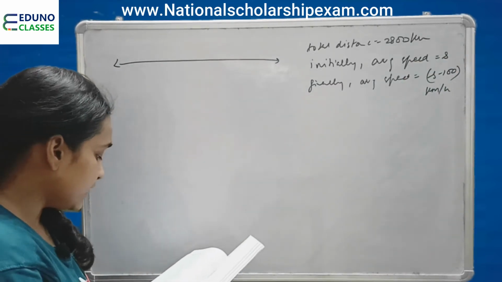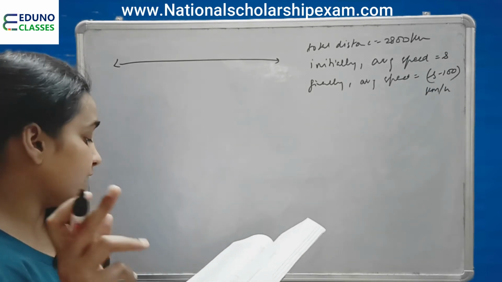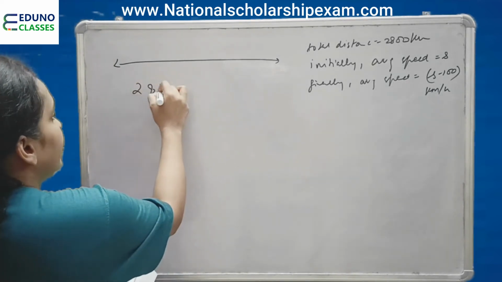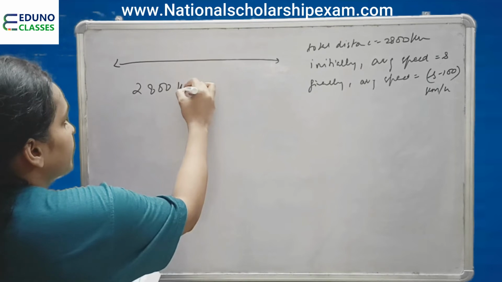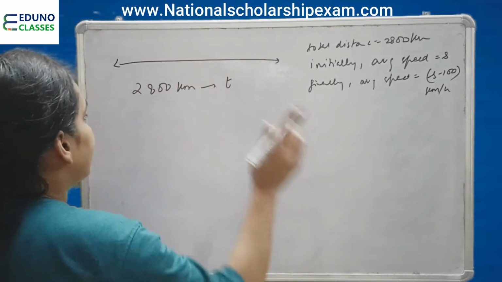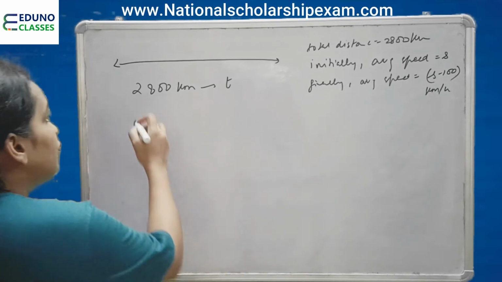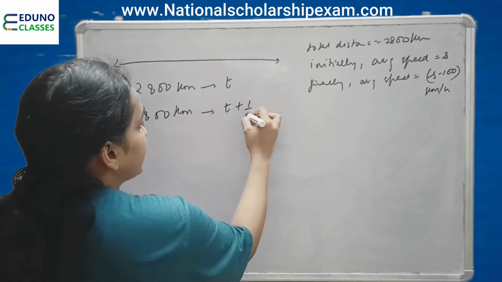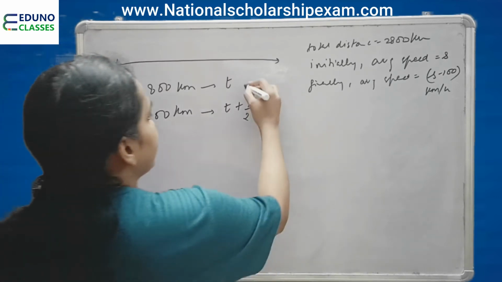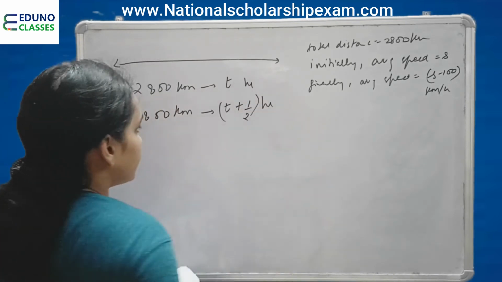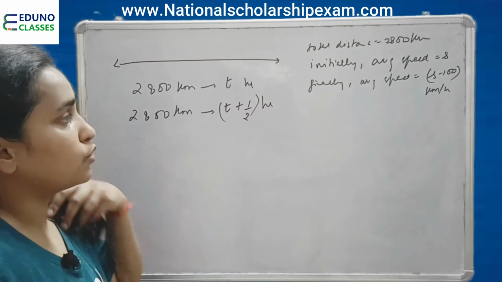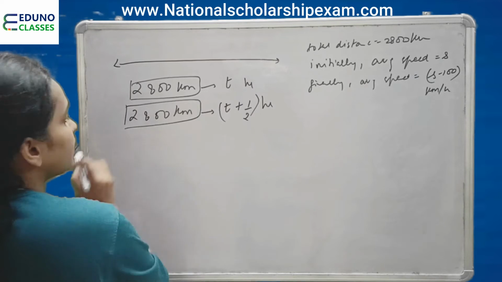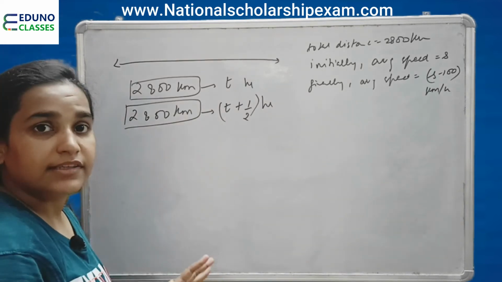Okay, and it goes on to say the time of the flight increased by 30 minutes. Initially we had to travel 2800 kilometers in T time, but due to some weather conditions I had to travel the same distance, but my time was increased by 30 minutes, that is half an hour. I am taking time in hours only. Okay, so now let us see how to solve the question. What remains constant here is the distance. Okay, I have to travel this distance somehow.